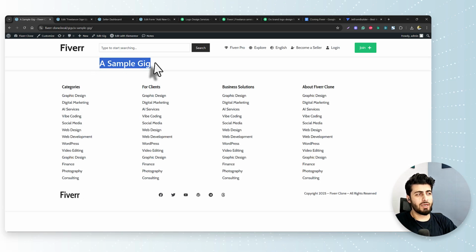Now it's just the title. We also need to have a proper complete gig view as well, so that's going to be added as well. So that's how it works. We now have successfully three forms. One is the sign up, the other one is the login, and the other one is right now creating a gig or